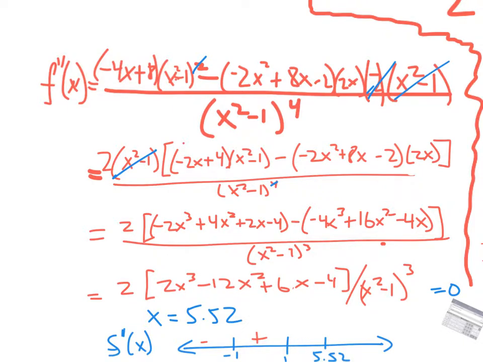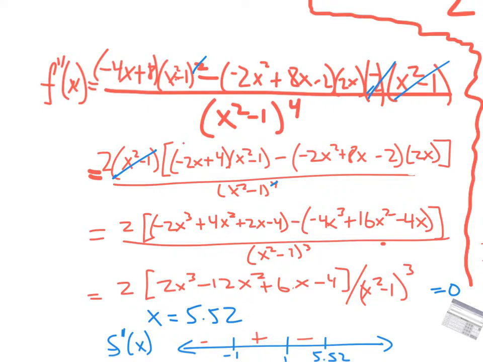Okay, plug into here. And this is going to be a positive number. We'll get negative over positive. And so we have negative. And then plug in something like 6. Okay, 6. Bottom's going to be positive. We're going to get,